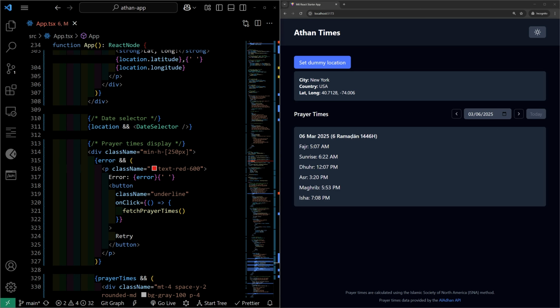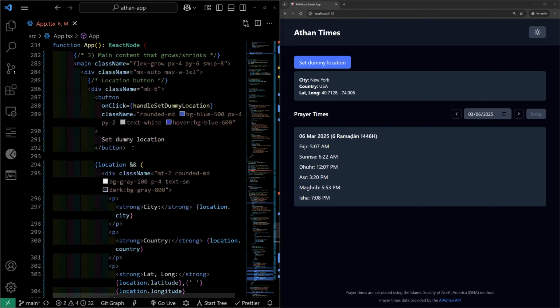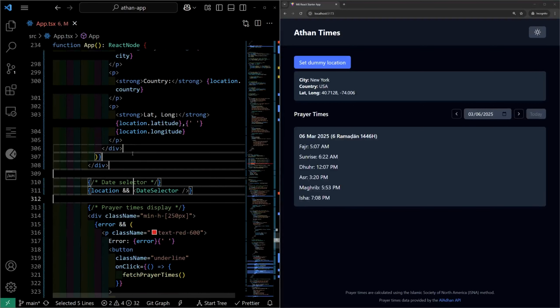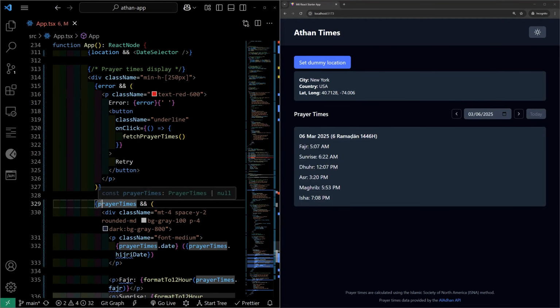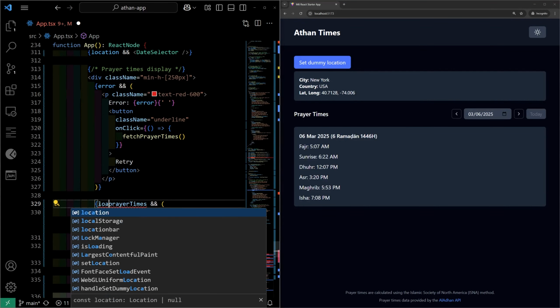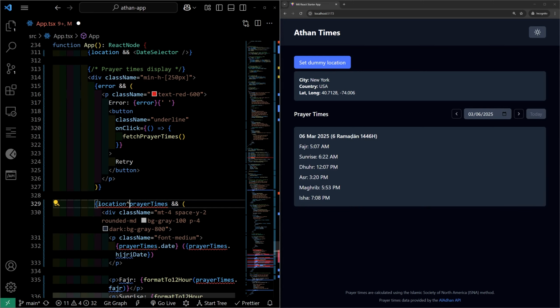And then, I think there's just one last thing. Oh wait, no. I removed the loading when what I was supposed to do was move the loading. Whoops. So it's okay, we can just type it over again. So down here, we don't want to show the prayer times if it's loading. And we don't want to show the prayer times if we don't have a location. So we'll say location and then